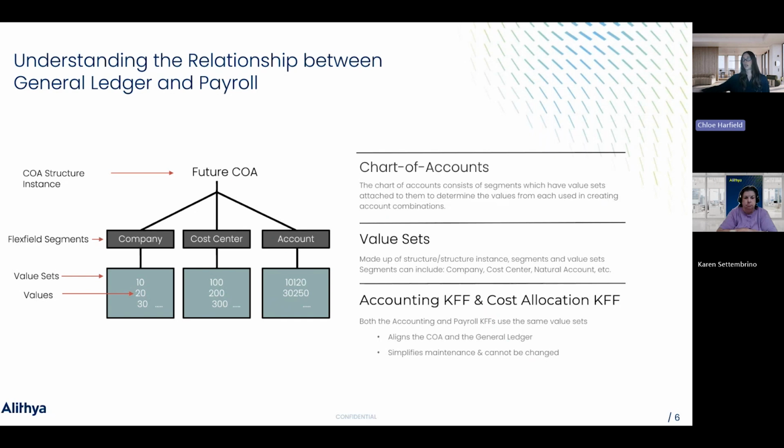One item that I think is worth noting now is that once you define your chart of accounts, that structure is in place, and if there are any major changes, it could lead to a need for chart of account remediation or even reimplementation. And the key flex field structure alignment is the same. Once we define those key flex fields, we can't go back and make changes later on in the system. And so when we're building the chart and aligning the value sets, we're really urging our clients to think about what's the future growth plan, what are the reporting needs, and what are the integration touch points